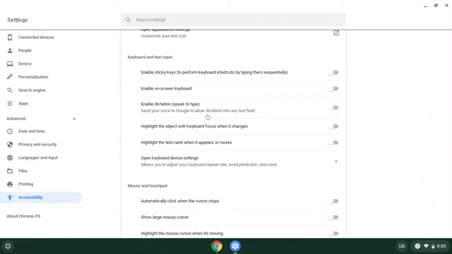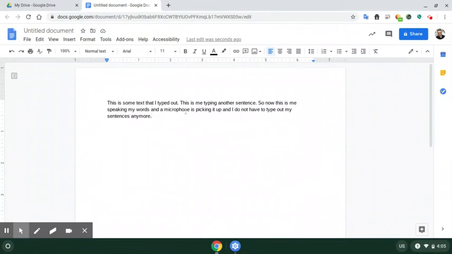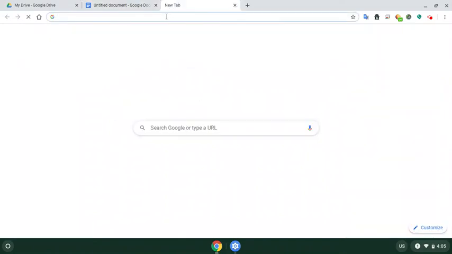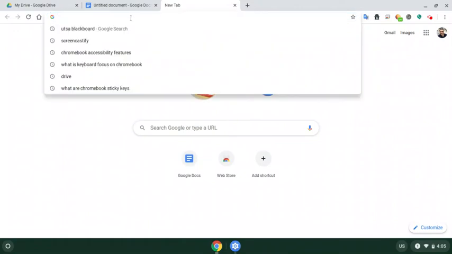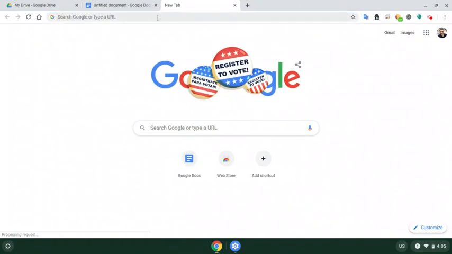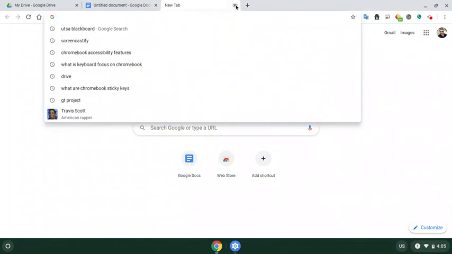So what I'm going to do is, and the other advantage of using this speak to type instead of the keyboard one is that there will be times when, let's say I'm going to minimize this. Let's say I am in a doc. So the speak to type worked well in here because I'm in a doc. But let's say I wanted to speak the URL address. Well, it's kind of hard to do that because I don't have the keyboard, and there's other advantages of using